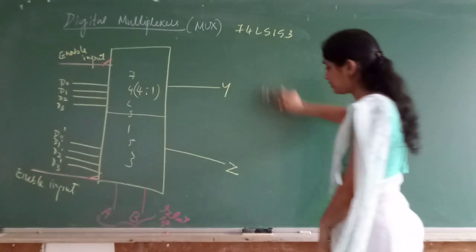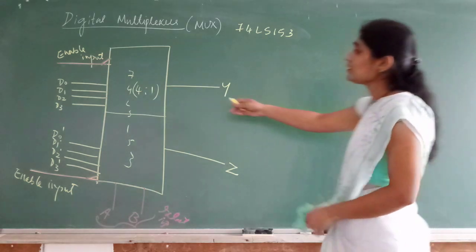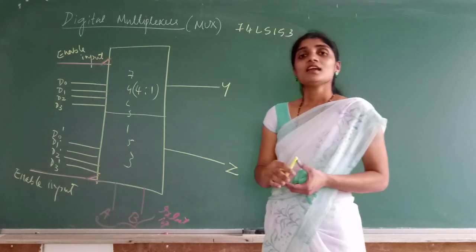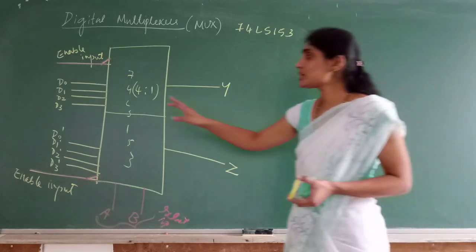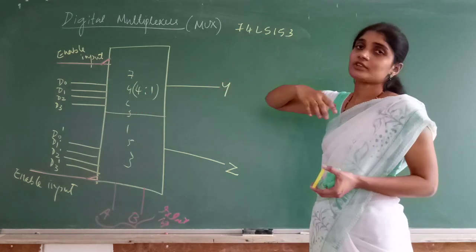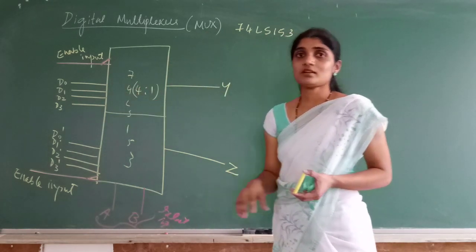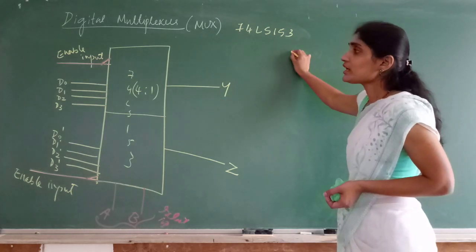Hope you are able to see, the video is clear. Now we have the truth table for 74LS153. Here I have not written the pin numbers, that is not required. If you want to know the pin numbers of 74LS153, just search Google for the pin configuration of 74LS153, and you will get the complete data sheet for this particular IC. Here we are not required to remember the pin numbers. We are interested in knowing the function of the 74LS153 multiplexer. So now let us write the truth table. What are the inputs we have?